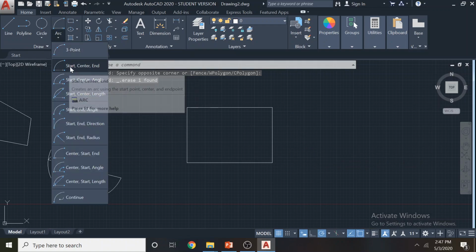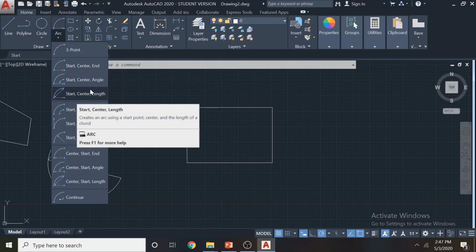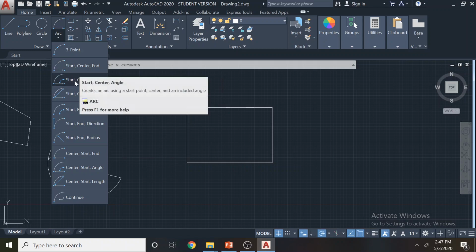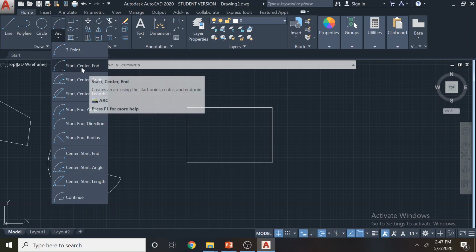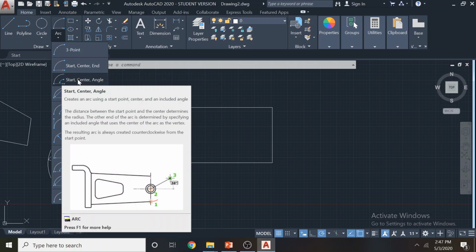Then we have these three that are similar because we have to give the start and center, start and center, start and center. Only the last parameter changes. Earlier I gave an endpoint, now I can give an angle. If I want to draw a 30-degree arc, the previous method is not supported. So if you want to draw an arc of about 30 degrees, 45 degrees, this method is ideal.